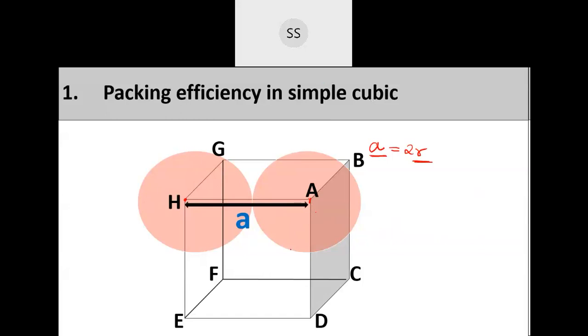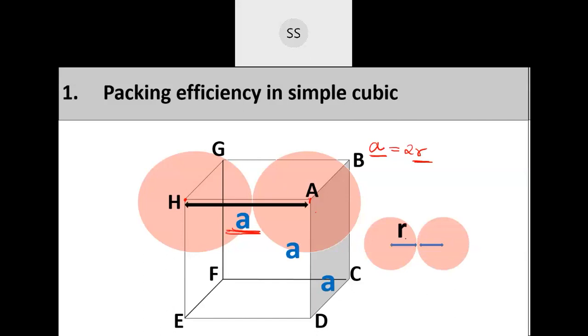Even the other sides will also be A itself. All length, breadth, height, everything is A. Then you can place these two atoms at the side and just show that distance, A value is how much. So I have placed them at this side. You can do it here itself or you can do it at the side just to show that distance.